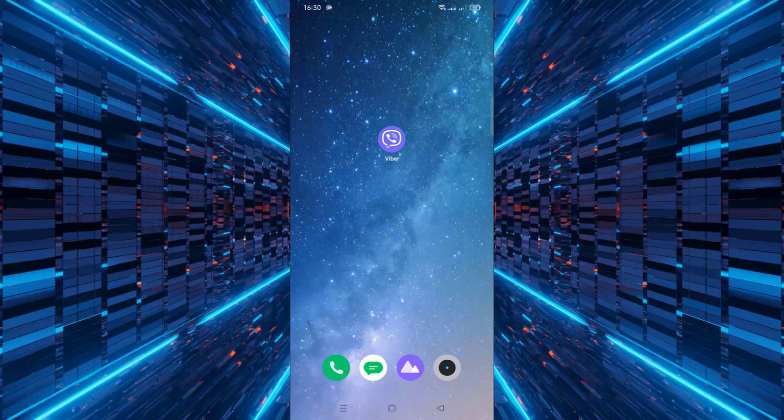In today's video, we will guide you through the simple process of changing the background in the Viber app on your phone. Customizing your chat background can make your conversations more personal and visually appealing. Whether you want a fresh look or just want to try something new,